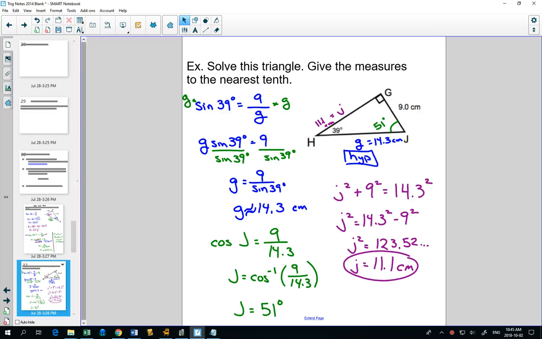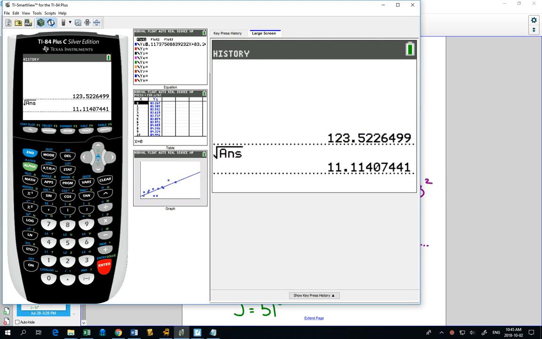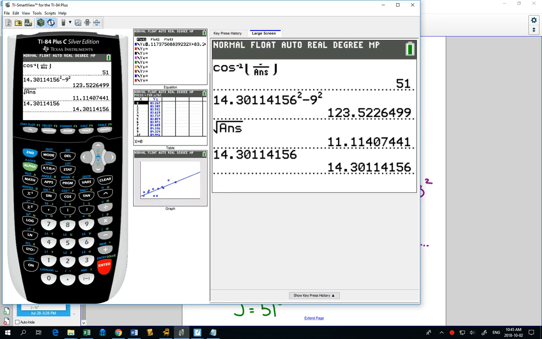So I found that G was 14.3 centimeters, rounded to the nearest tenth, because that's what the question says. And then I used a squared plus b squared equals c squared to find J. A couple of things about your calculator, okay? If you have the newest version of your calculator and you want something like 14.3 again, you can use the arrow up key like this and highlight it and push enter, and it comes up again. If you have an older version of the calculator, that